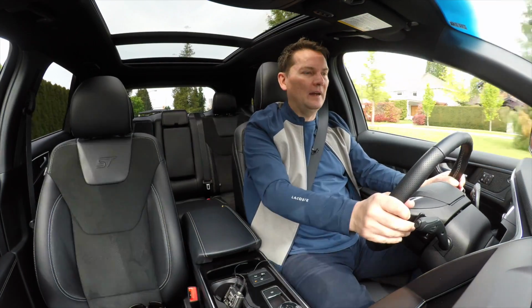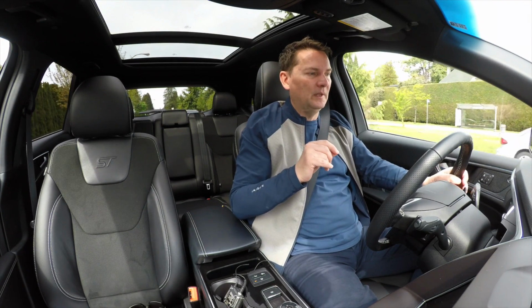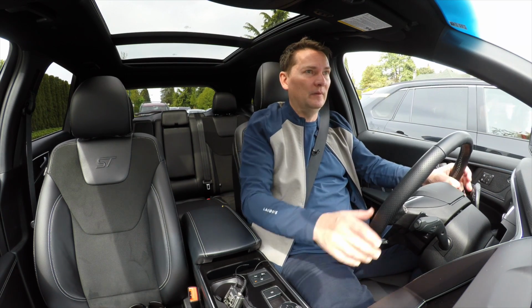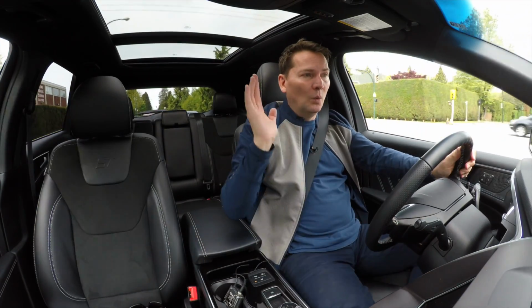Okay, we're coming up to a traffic light here. I'm going to put it in manual mode, and I want to show you something. So I'll put it in manual mode. See what happens here. There's a hybrid next to us. I think we've got the hybrid. Okay, accelerate, and 1,000,